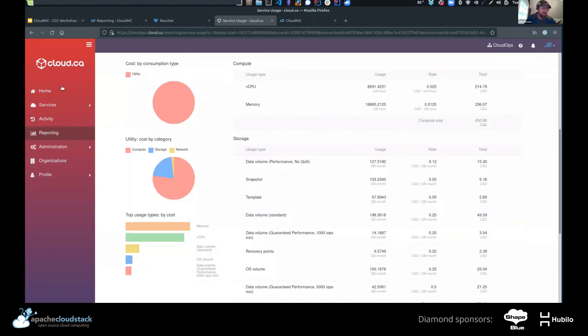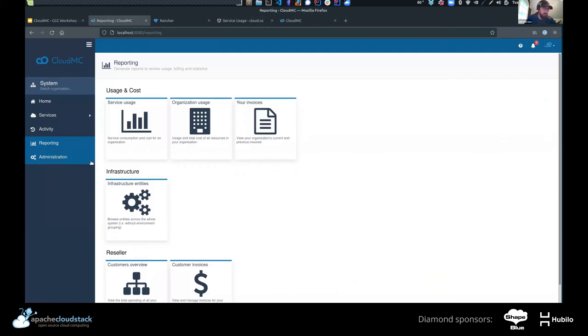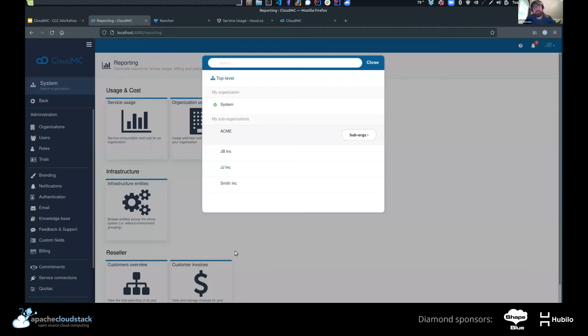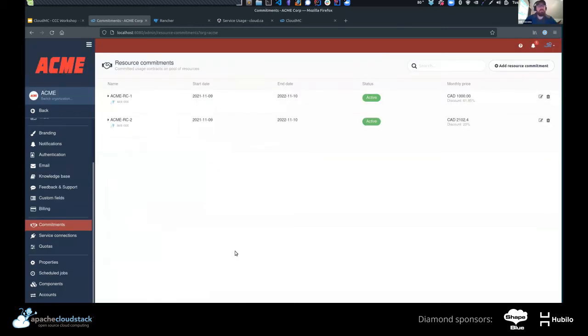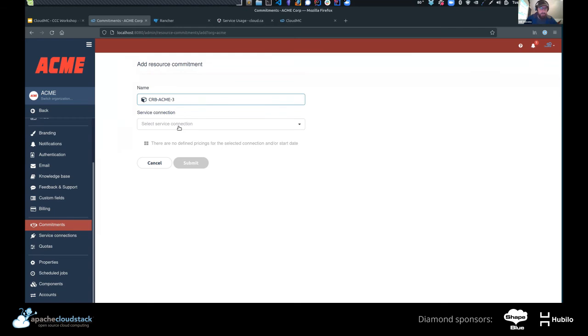And something I didn't mention before is we actually have the concept of resource commitments. So I'll jump over here just to very quickly show what I mean by that. Essentially, a resource commitment is you commit to pay X amount per month, and you have a pool of resources available for that price. So we have a couple different types of resource commitments, and we'll do this one.